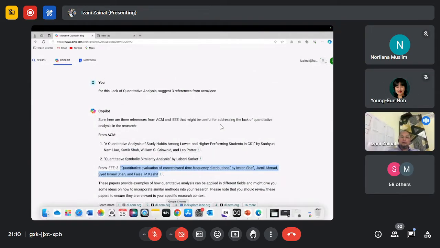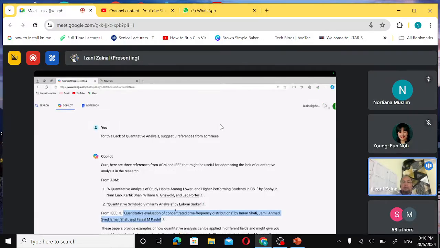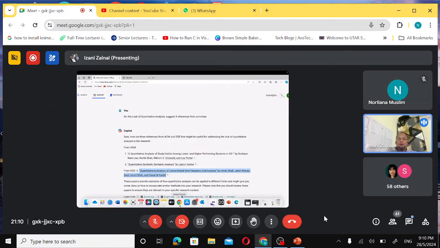Another tool, whatever I show here, you can use on many platforms. You can use the same method in ChatGPT. You can go to Gemini and so on. So I will go to the next one. How we can get